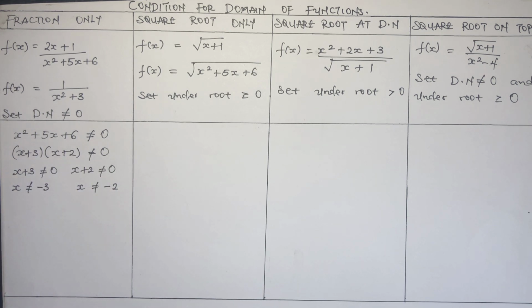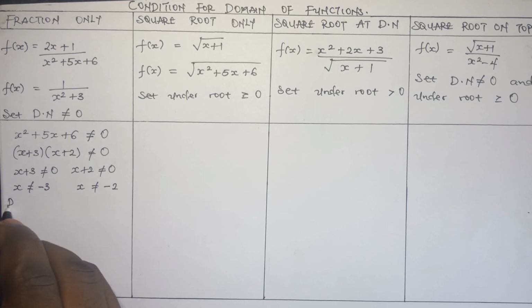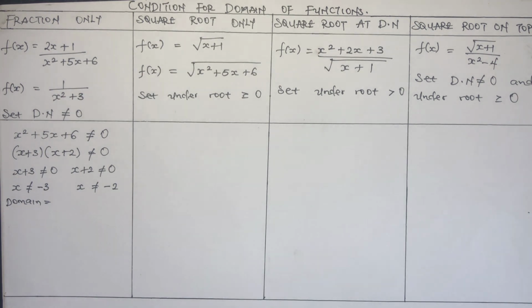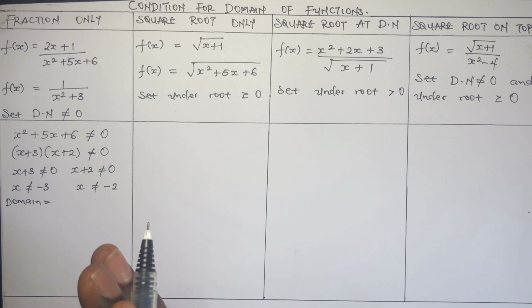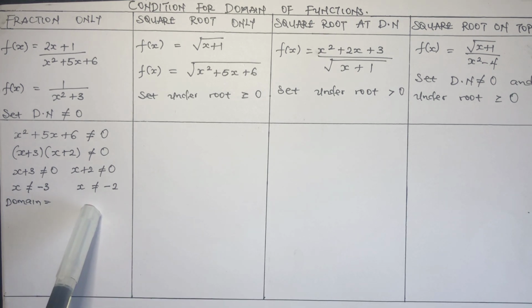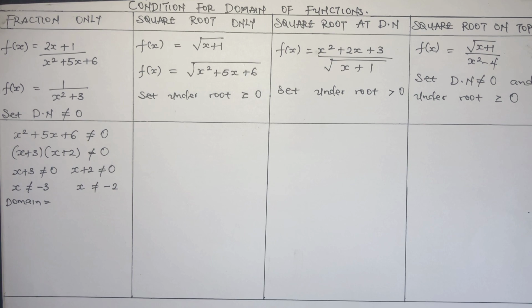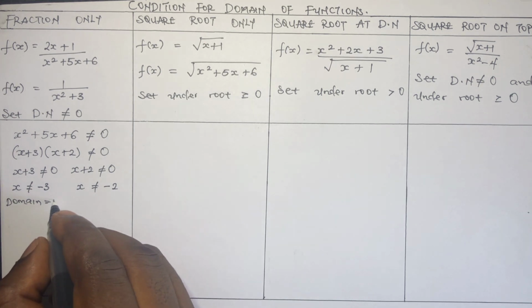Right, so we need to represent our domain in terms of set notation. If we must write in set notation, we have the domain. I want you to have in mind that this is basically x should not be equal to negative 3 and x should not be equal to negative 2. So x can be any number at all, ranging from negative infinity to positive infinity, but not equal to negative 3 and negative 2. When we write this in terms of set notation, we have that x